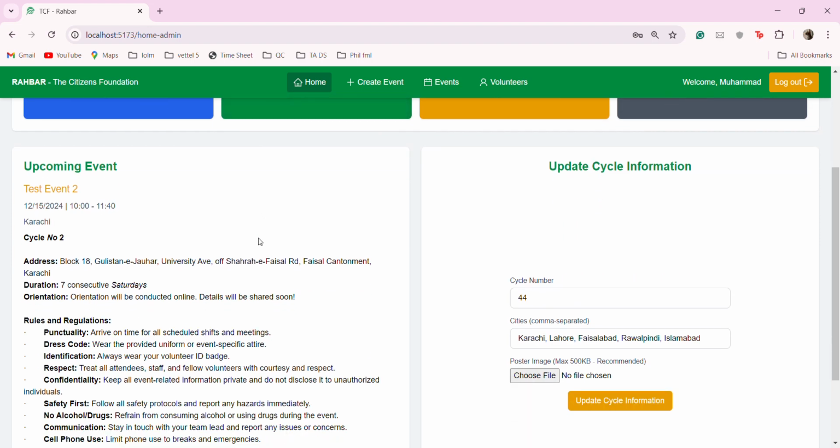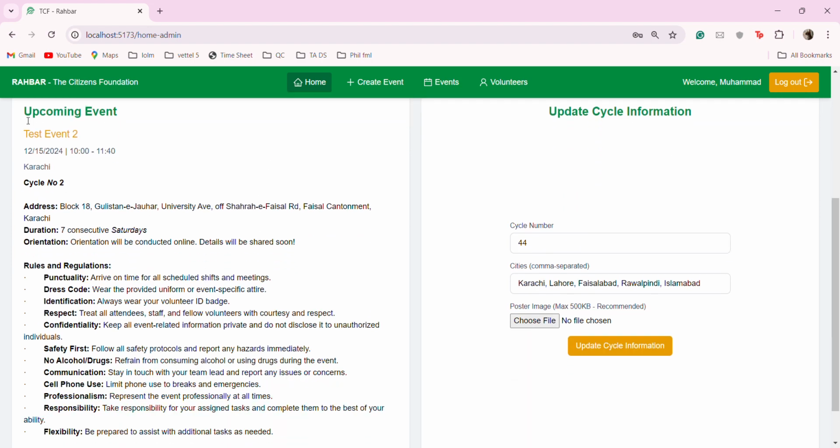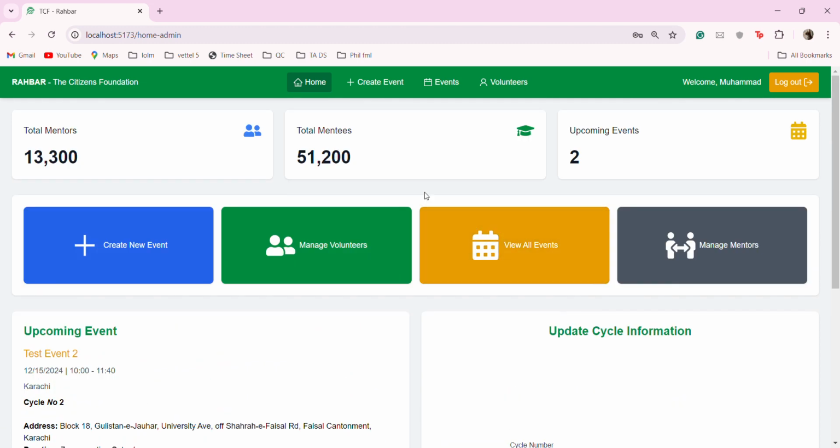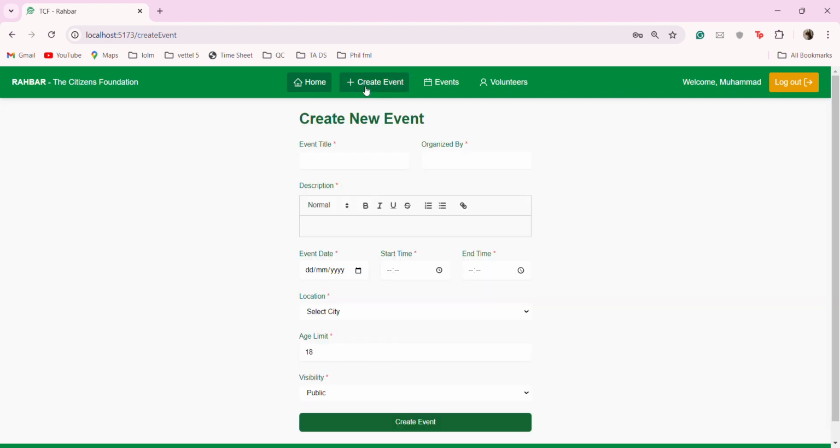As we scroll down, the admin can see details of the upcoming event, and this that you see over here updates cycle information. Once we logged in the home page, we saw the latest cycle that was about to happen, so the admin can change this information about the cycle, such as the cycle number and the cities that it is taking place in. The first thing that the admin can do is create events, and these events are basically cycles,